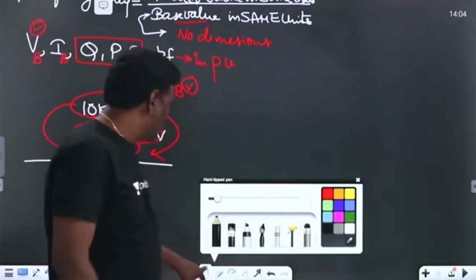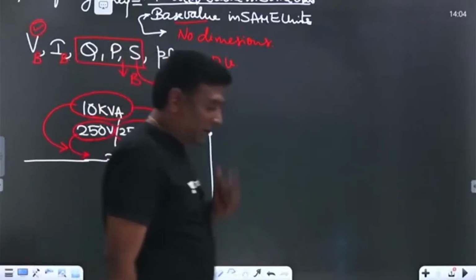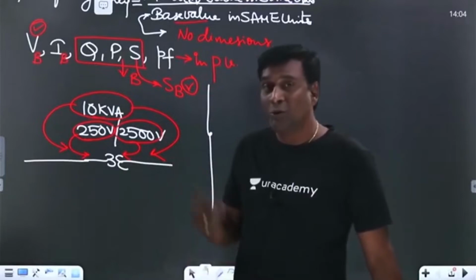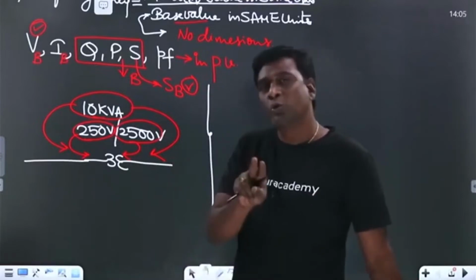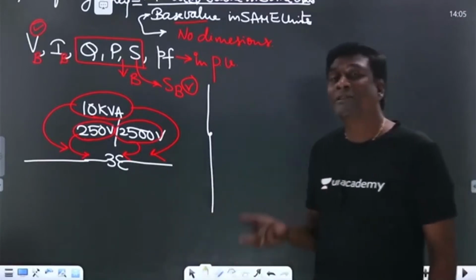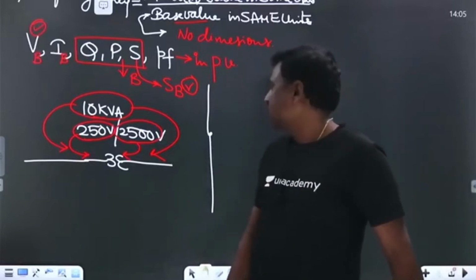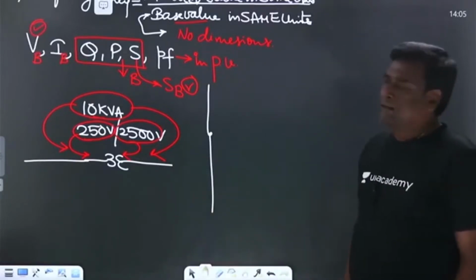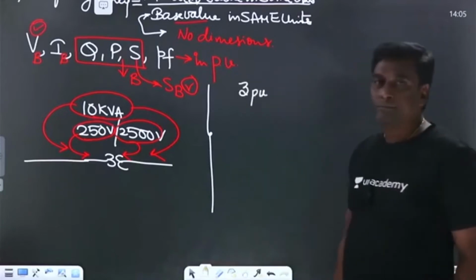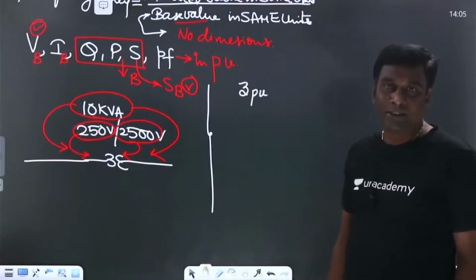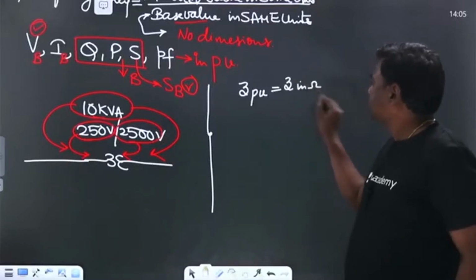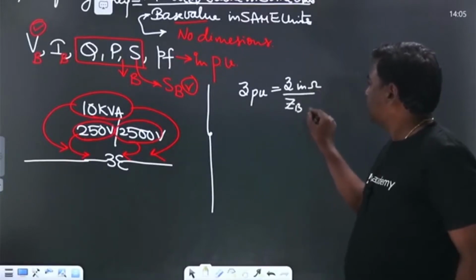Now let us see how it is going to work out, or how per unit quantities are going to eliminate the transformer. In per unit quantities, we are going to derive two equations. Those two equations are very, very important, either for voltage regulation calculations of a transformer or efficiency calculations of a transformer. Now coming to here, what is Z base, Z per unit? Because I need to avoid transformation ratios of the transformers. Z per unit equals Z in ohms divided by Z base in ohms.